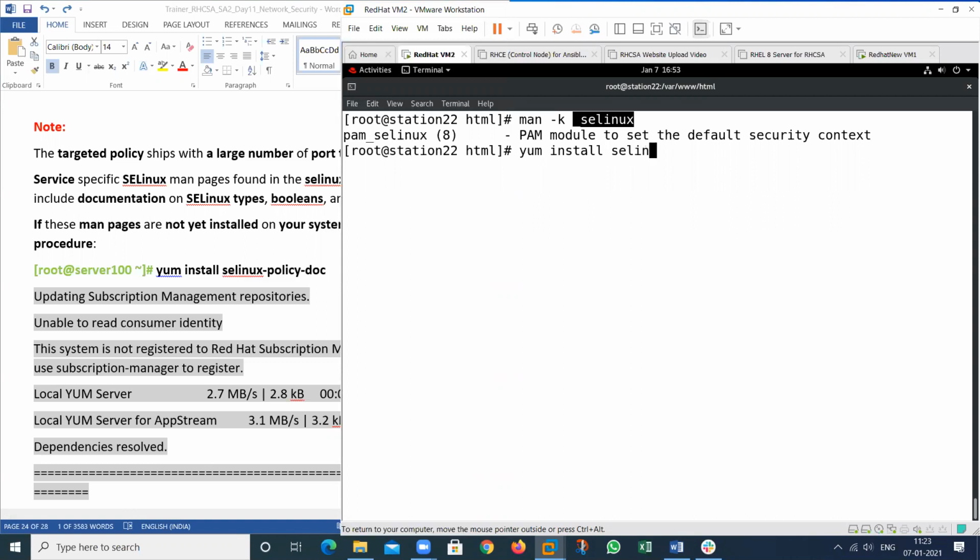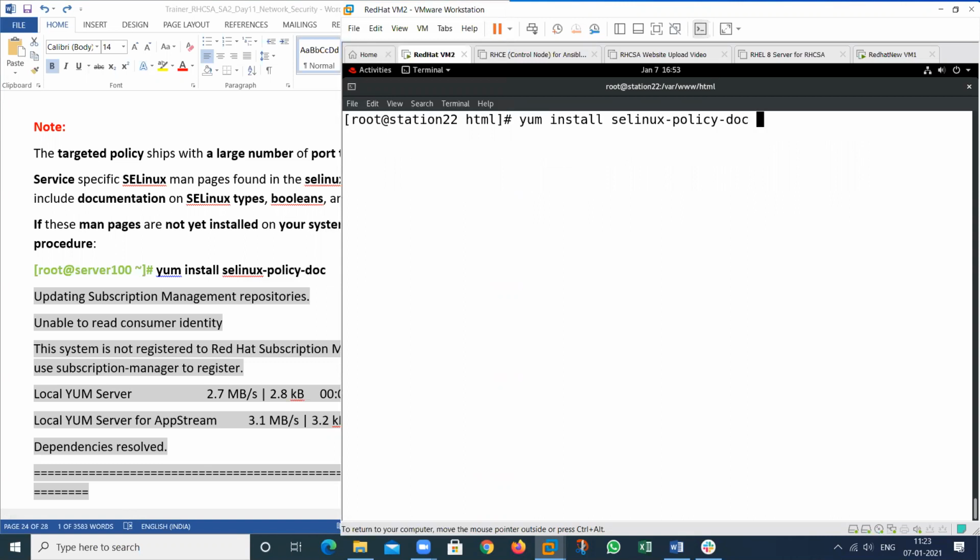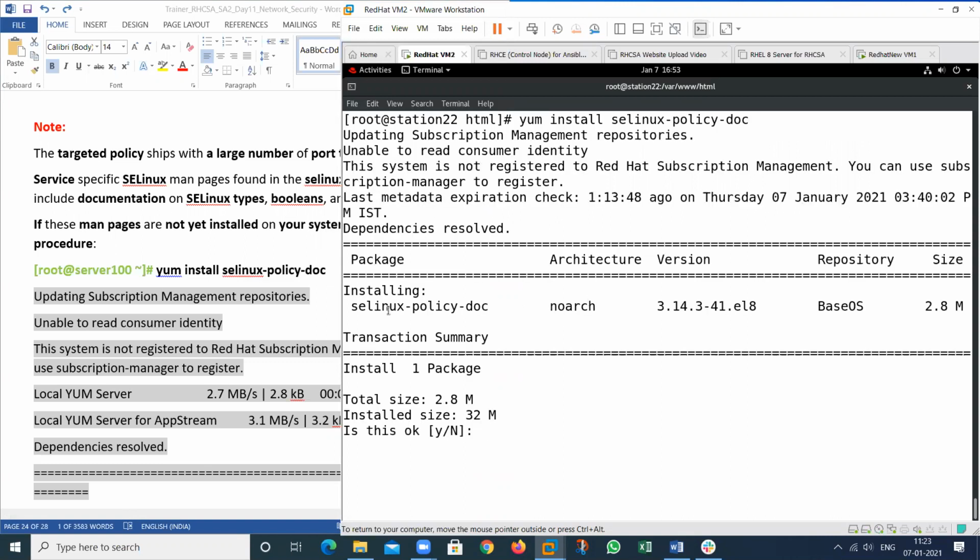Install selinux-policy-doc. All the documentation will be provided. This is a package of SE Linux policy.